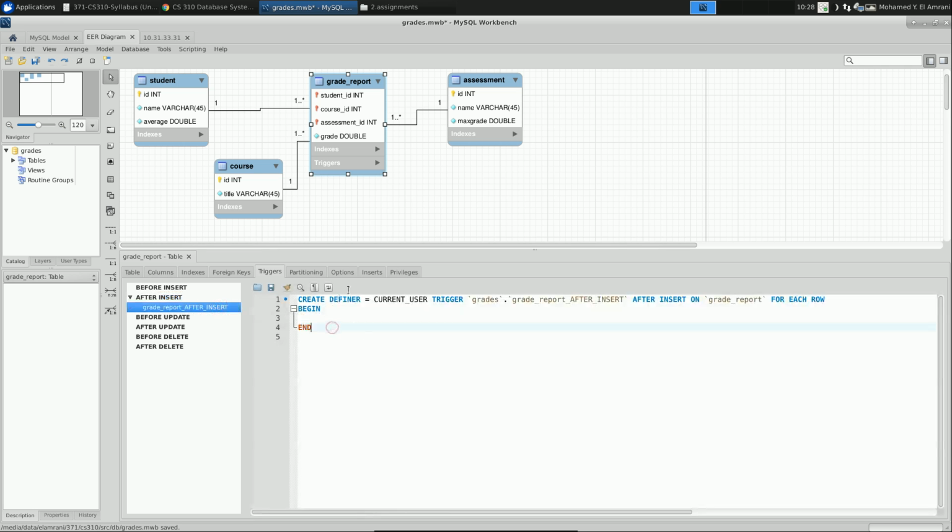So it creates this trigger called grade report after insert. After insert on grade report, for each row, let's begin and then let's put the code here. What would we like to do once we have this insertion? Would like to get the average, save it somewhere. Actually, I showed you a code last time